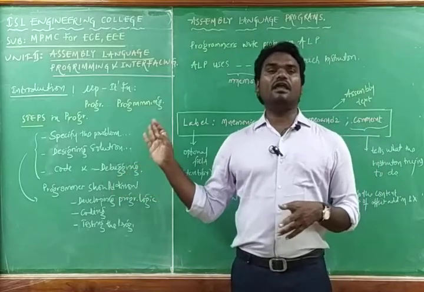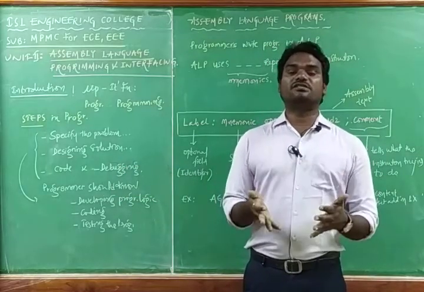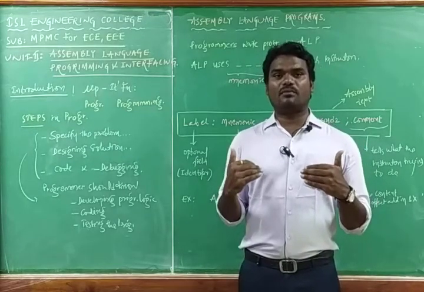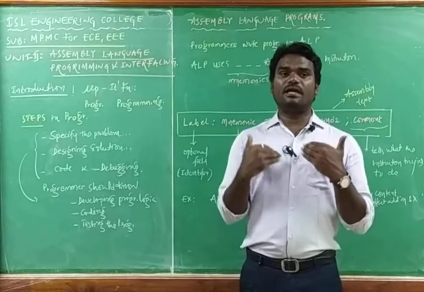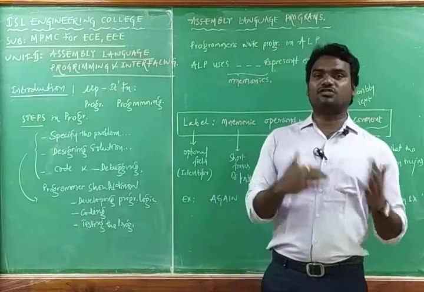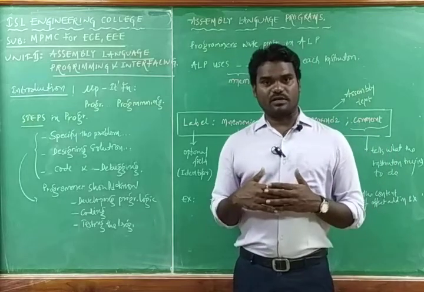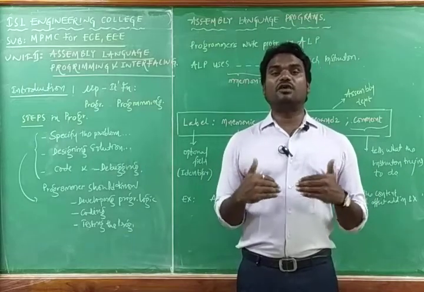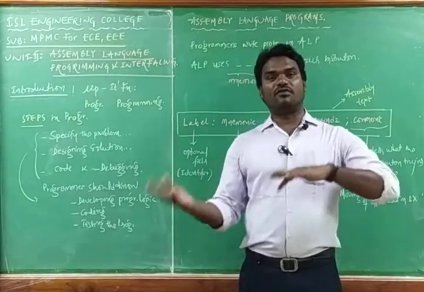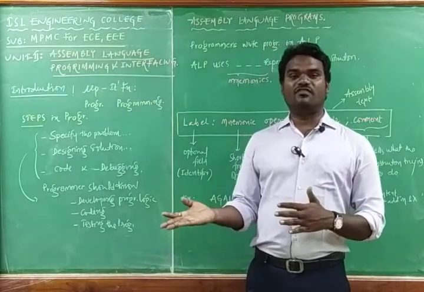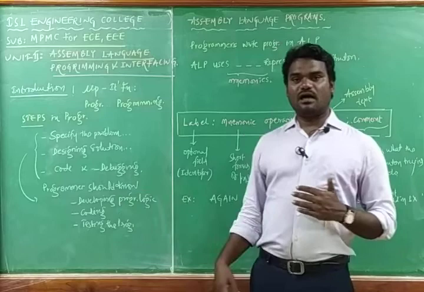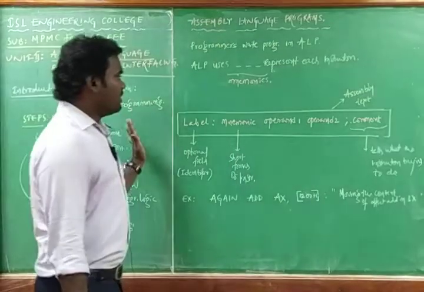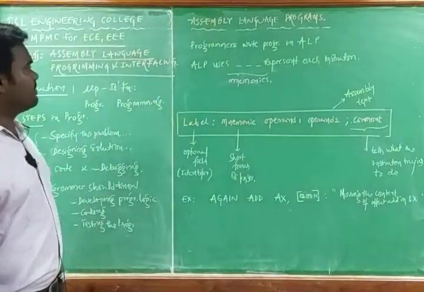These steps are very important when you are executing instructions using the 8086 microprocessor. First, we must know what exactly the problem is and what exactly the task is that has to be completed by the 8086 microprocessor. Based on that objective, the programmer has to be in a position to develop the assembly language program, which will be converted into code, and after that verified in debugging for errors, or in the case of testing. This is about the complete steps required to write an assembly language program.